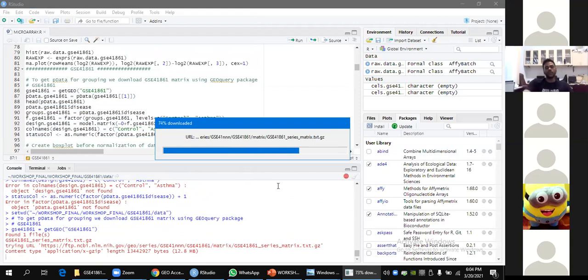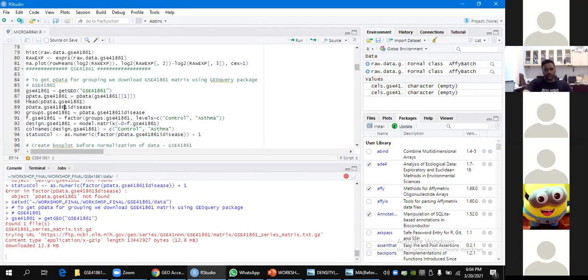This will be used in the normalization and batch correction part. Using the command getGEO, I am assigning to an empty object GSE41861 all the phenotype information for this particular dataset. I have assigned a variable named pdata, meaning phenotype data.